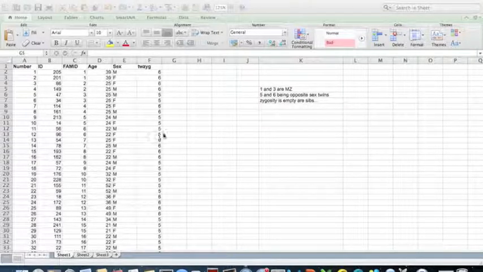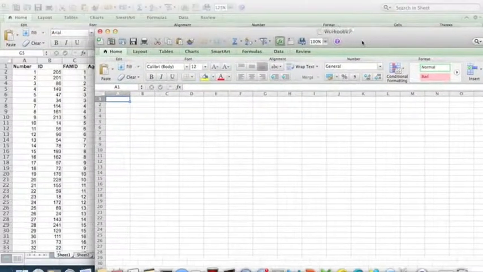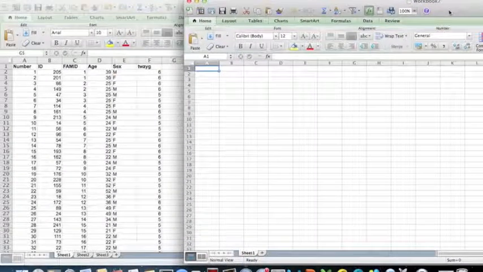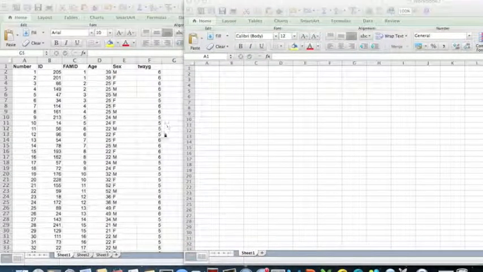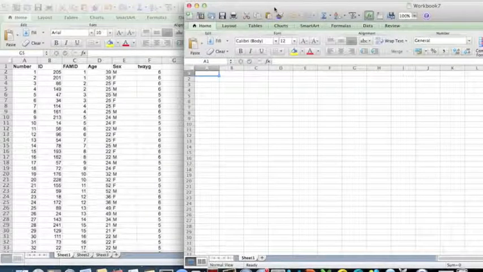Based on all of the information provided in this data set, I'm going to now pull up a blank Excel sheet, and I'm going to start coding the pedigree. I'm just going to place this blank sheet next to the data set so that hopefully you can see everything well. Okay, so now that we have both sheets in order to code the pedigree, we need the subject IDs, which are